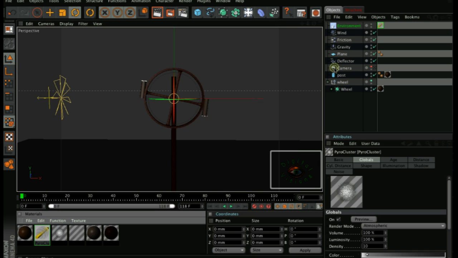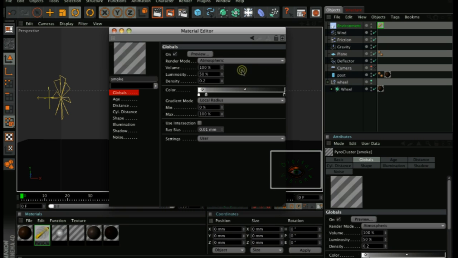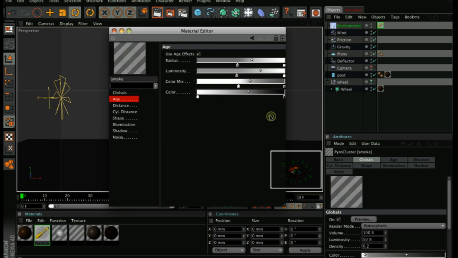For the smoke, which we are not using at the moment because it's turned off, on the smoke, on the globals, make sure you're on atmospheric, volume 100%, luminosity 50%, density 0.2, and colors again, white on the left, grey right next to it, and black at the far end. And leave all the rest of the setting as they are. On the Age, you got grey